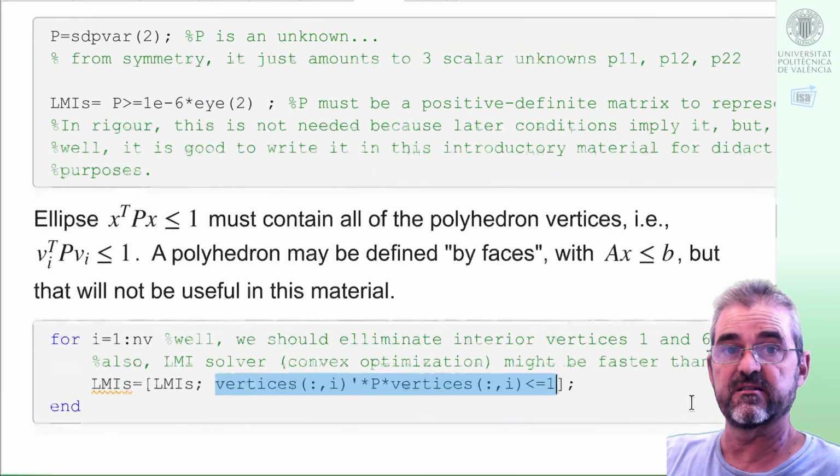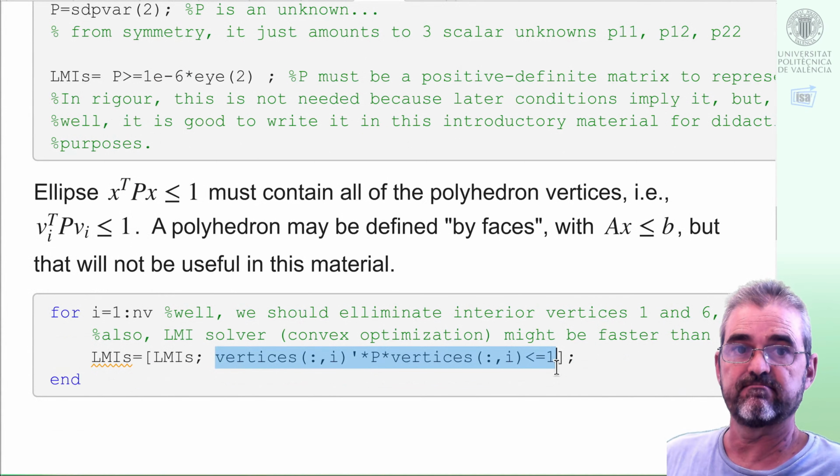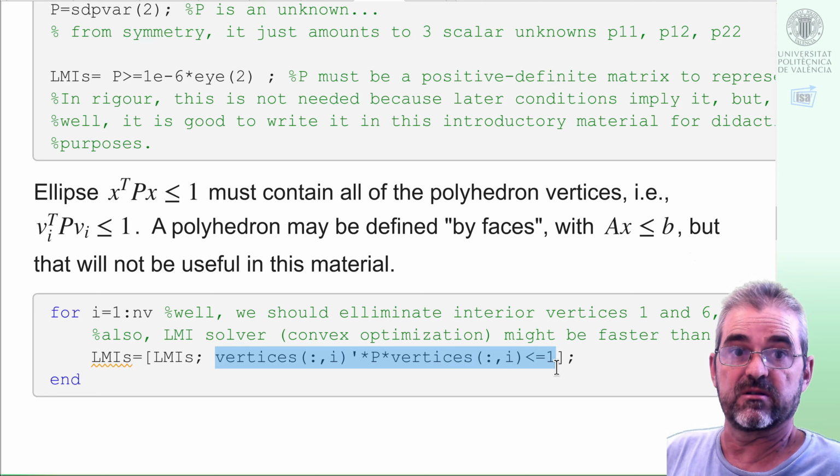We defined these constraints appended one by one to the list of LMIs. So the ellipse contains the 10 vertices. Actually, just 8 were needed because 2 of them were inside the polyhedron, but maybe LMIs are faster to compute